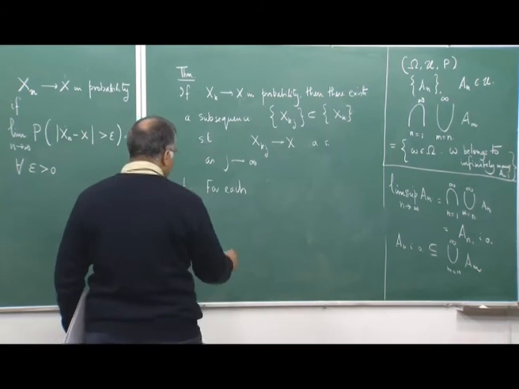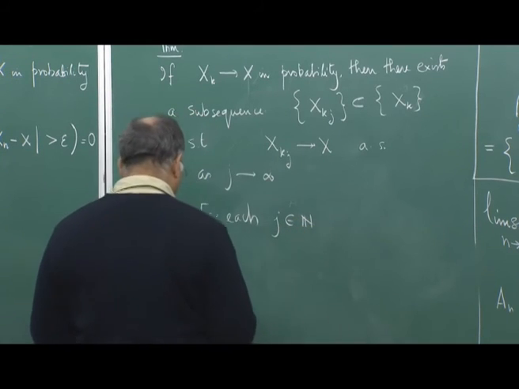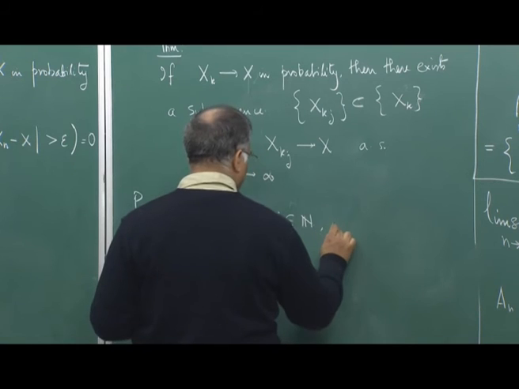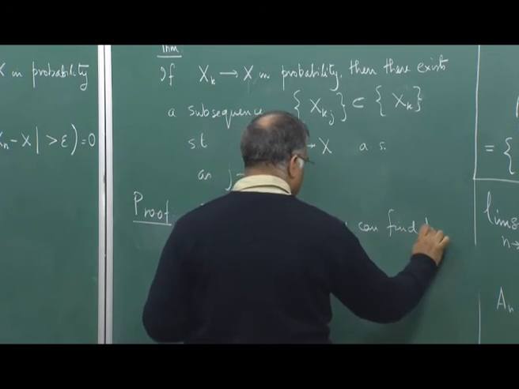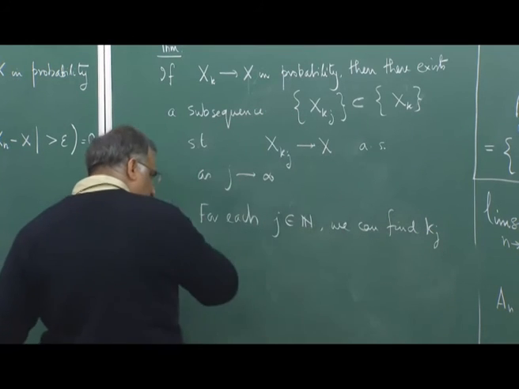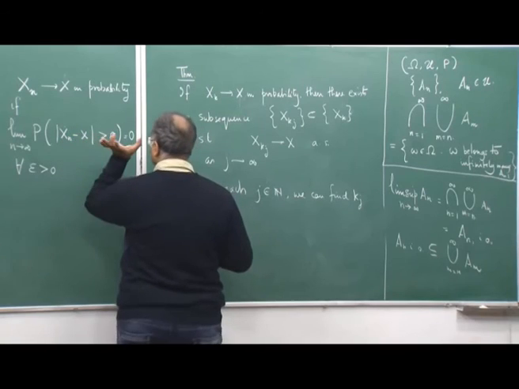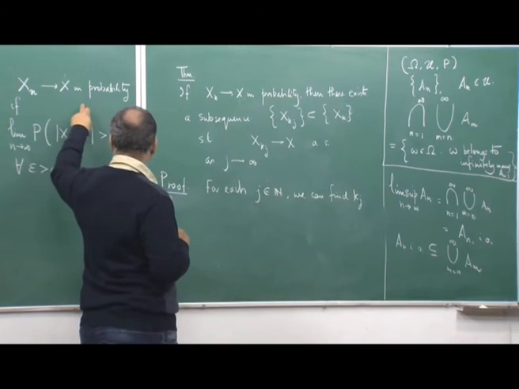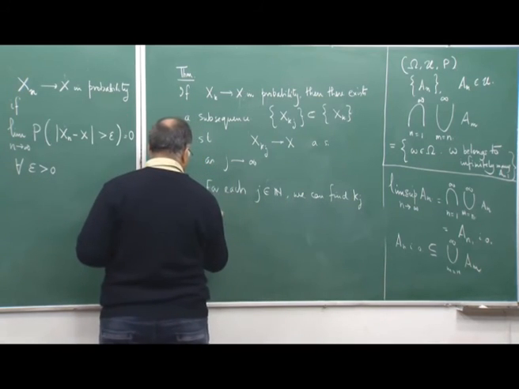So, given for each j in n, we can find kj so large, because this is where we are exactly applying the fact that xn tends to x in probability, that definition we are now applying. So, for each j we can find a kj so large